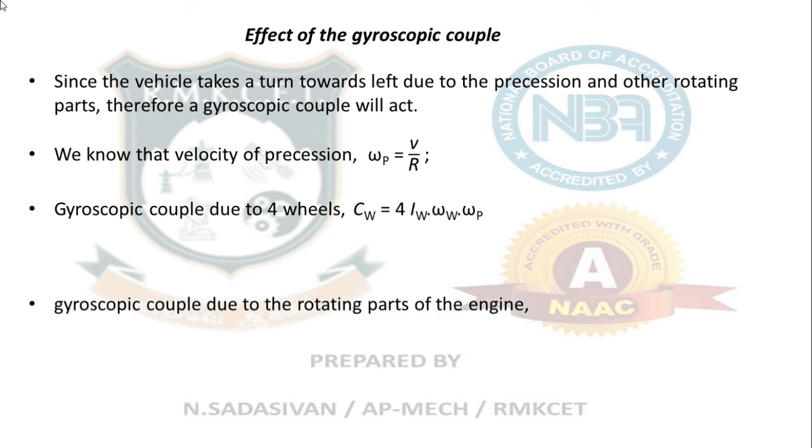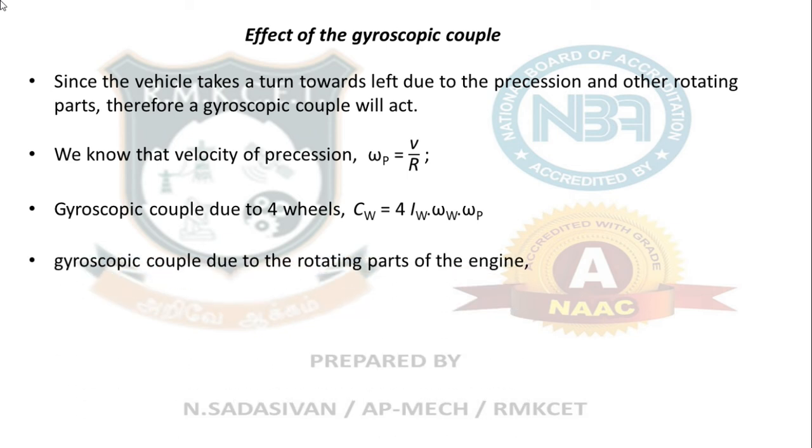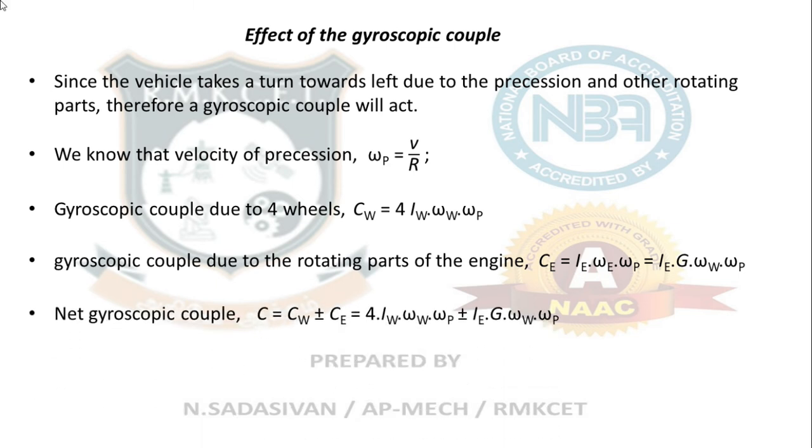Okay. So gyroscopic couple due to the rotating parts of the engine. That is also I omega omega p only, but here you are going to take the moment of inertia of the engine, angular velocity of the engine flywheel, and then omega precession. Omega precession is same. Okay, because that is applied commonly to wheels as well as the engine. Okay. Net gyroscopic couple. So C couple due to the wheel rotation and couple due to the engine rotation, plus